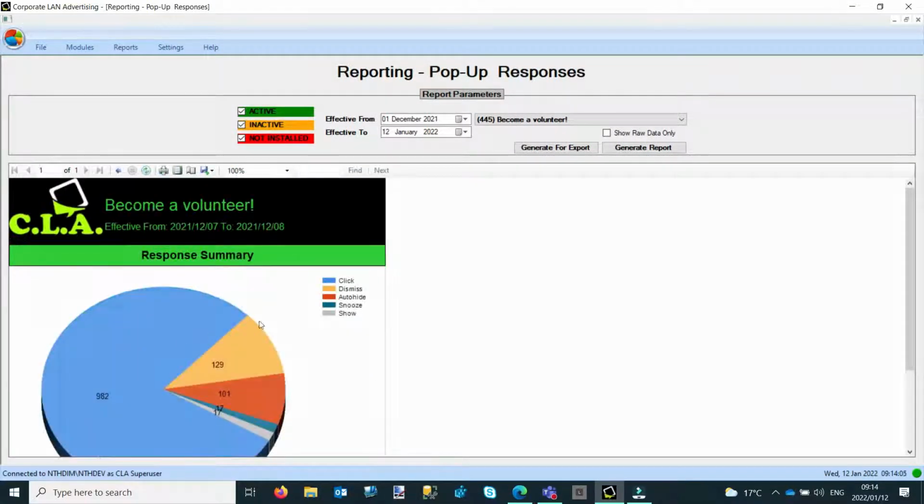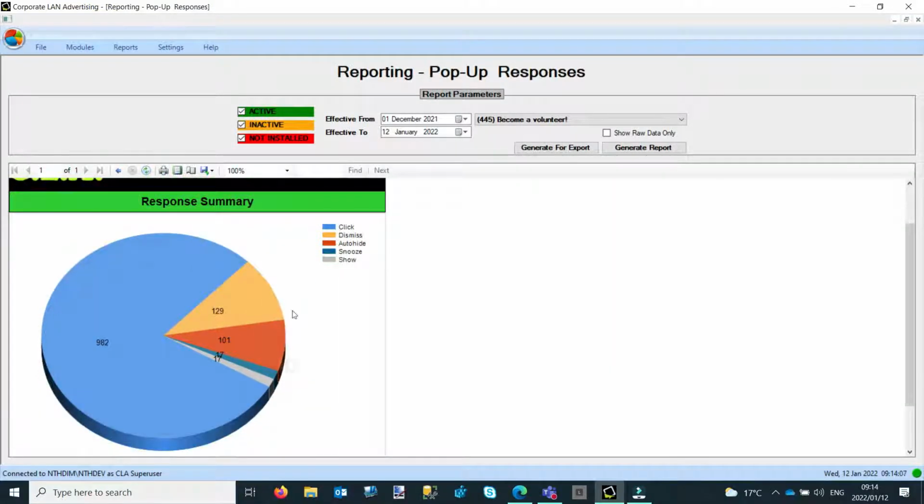And this is going to open a further sub-report which breaks it down into how the person responded. So did they click the pop-up? Did they dismiss the pop-up? Did the pop-up auto-hide? Did they snooze the pop-up? Or did the pop-up show, which means it arrived on their screen but they ignored it and did nothing with it? So if you want to see of these users who dismissed the pop-up, you're able to click onto the